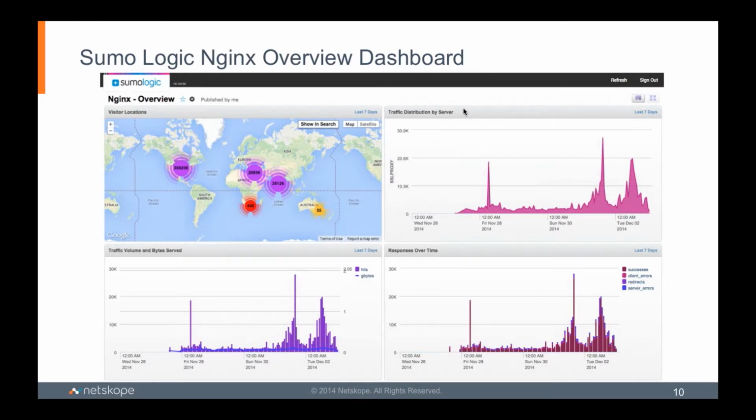When you install that application and provide it the right category to search for, it goes off and provides this fantastic overview dashboard, which is great for someone in my position looking at where people are coming from. As you can see, we are getting customers from pretty much all over the globe, all the continents. You can see how many successes and failures you're having. How many redirects do you have in your code? Where is the traffic going to? What servers? What server pools? Is it load balanced across the servers properly? And the volume of the traffic and the number of hits.